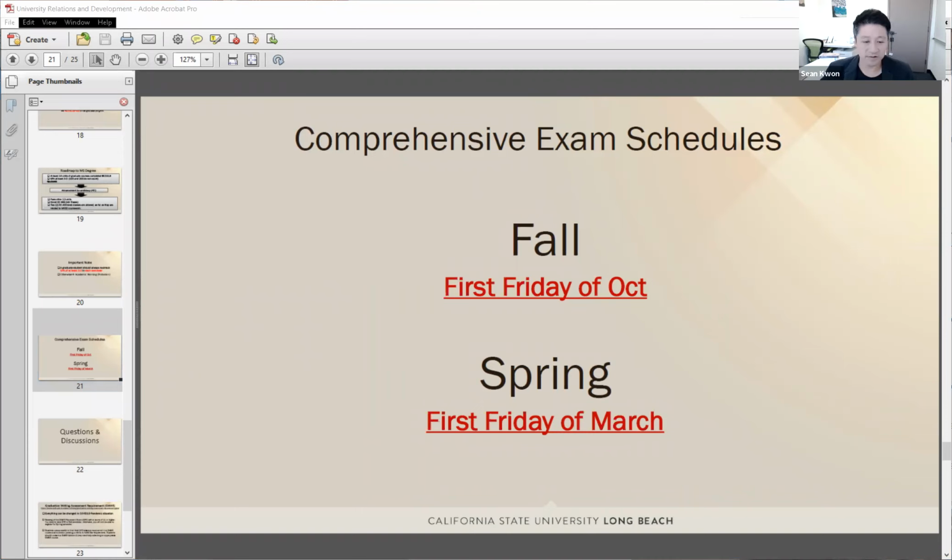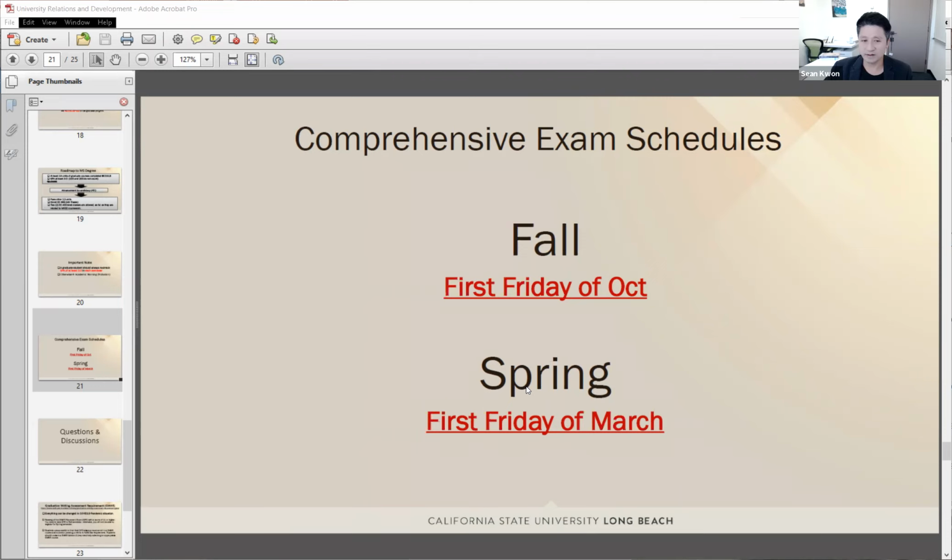On the other hand, regarding the spring semester, the comp exam date is always the first Friday of March. So please keep it in mind if you have a plan to choose the comprehensive exam route, and do not schedule any other plans on those days.